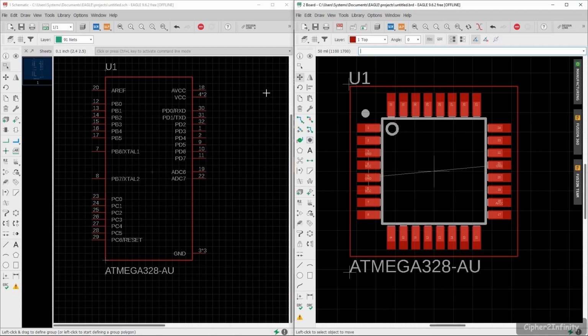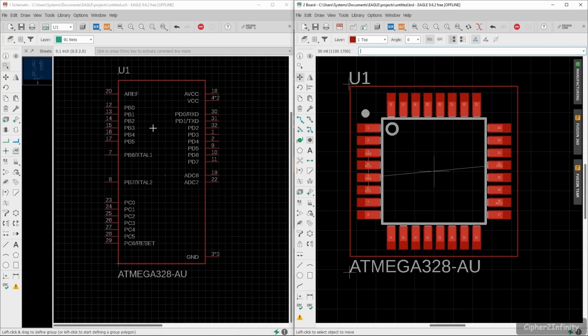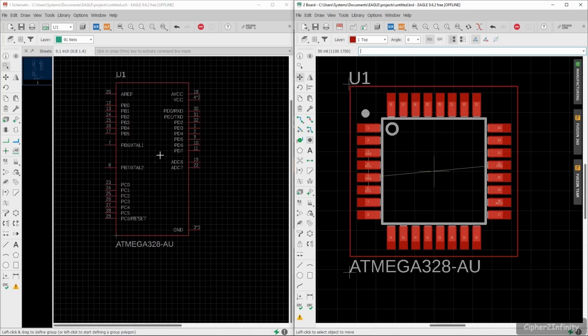One more thing that I want to tell you here is, when we create the symbol for a particular component, there is one standard which is called the IPC standard. Maybe you might have heard of this. You basically have to create the symbol as per the IPC standard, but most of the times, not all footprints or symbols will be according to the IPC standard.